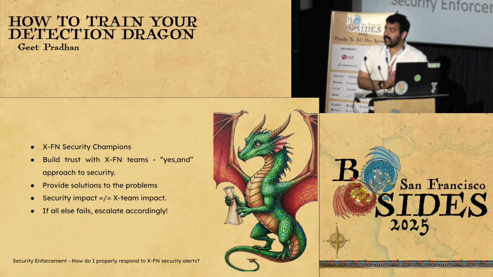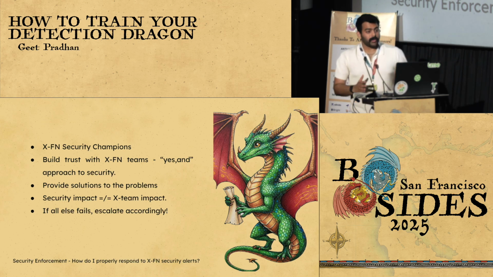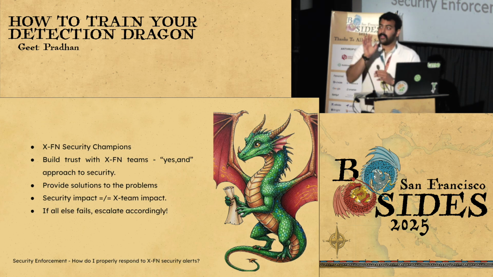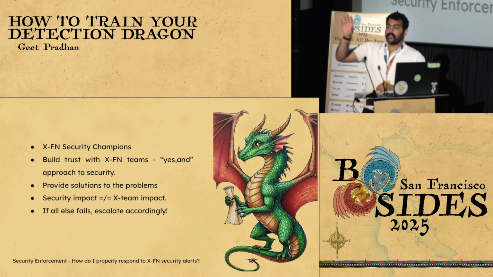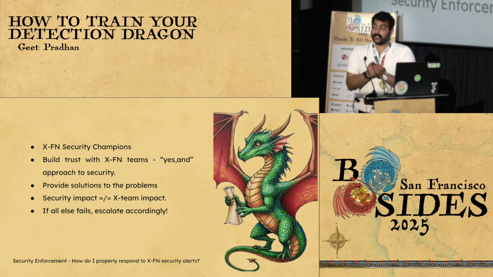Oftentimes what you will see is people will react and respond, and they'll be like, okay, security, you're not telling me to stop doing this, which is great, and I'm happy, right? You're not being a police, you're being a collaborator. So, okay, I'll listen to you. Because the first thing you need from them is you need them to listen to you, right? Because you have to have a conversation. When you have a conversation with these teams, that is how you improve security at your company.